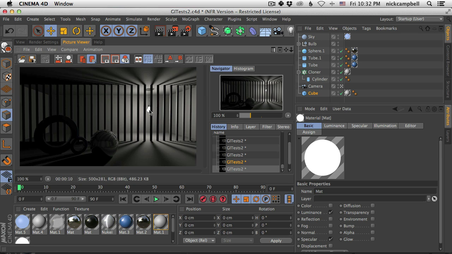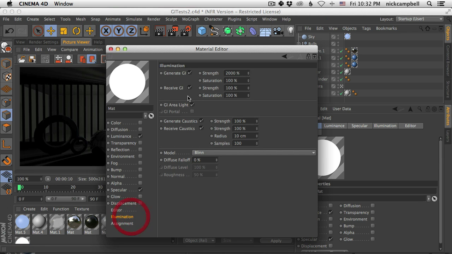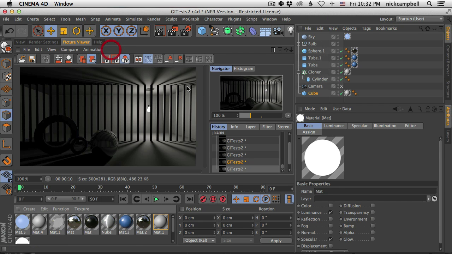How do I know how bright this pixel is? So it's going to say, okay, well, let me look at that area light. We told Cinema, hey, this is a light, okay? GI area light. So Cinema now knows that this is a very important light source. It's where a lot of light's coming from. And Cinema is going to look at this pixel here, let's say, and say,